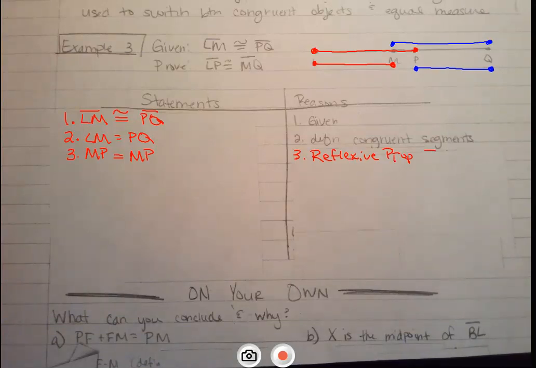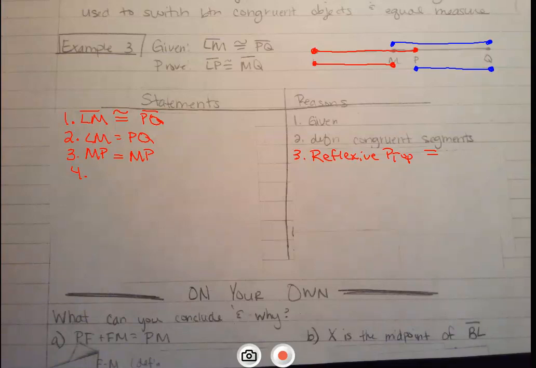Again, it's of equality, so I'll put the equals on there. That's the reflexive property of equality. We want to establish that MP is equal to MP no matter what we do. They're equal. So now that we know that they're equal and we've said why MP is equal,